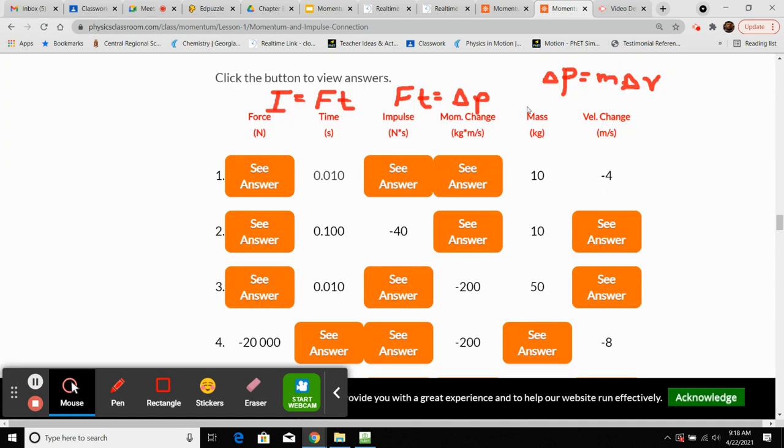Huh, wait a minute. So we have the same mass over here for 1 and 2, and the same change in speed. So what is different? The time. So if this thing is acting on it for longer, what do we think is going to happen to the force? I think it's going to be larger. Okay, so if the impulse is negative 40 and the time is 0.1, now you would do negative 40 divided by 0.1,